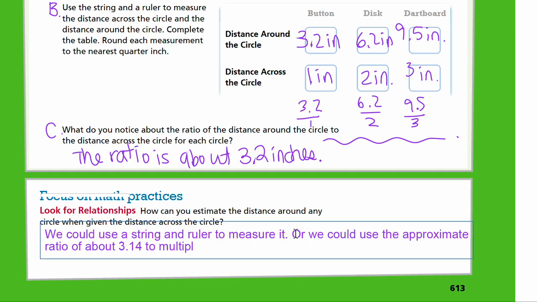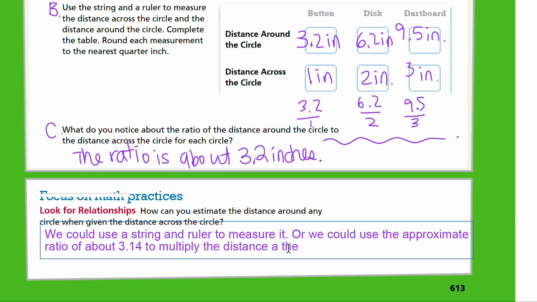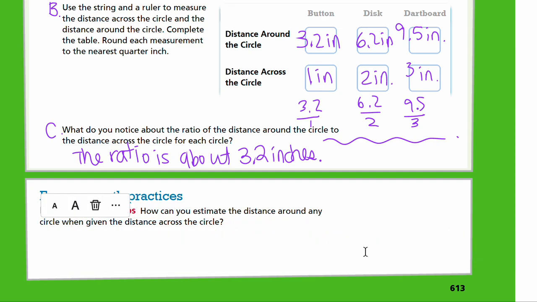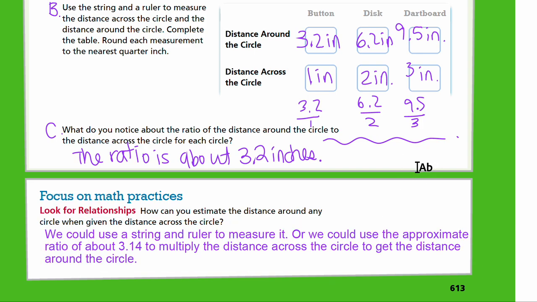To multiply the distance across the circle to get the distance around the circle. So if you know the distance across the circle, we can use the ratio to figure out the distance around the circle. Okay,